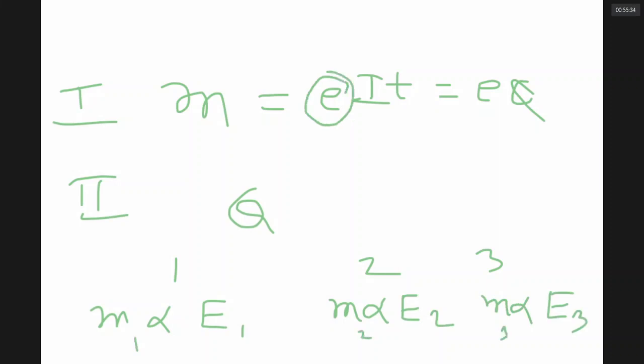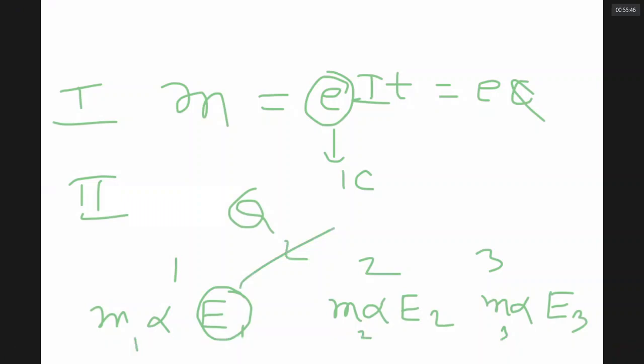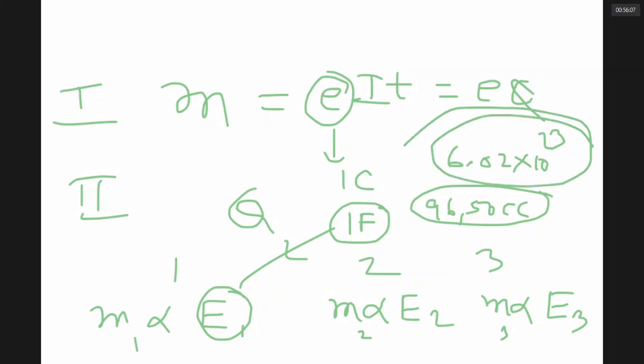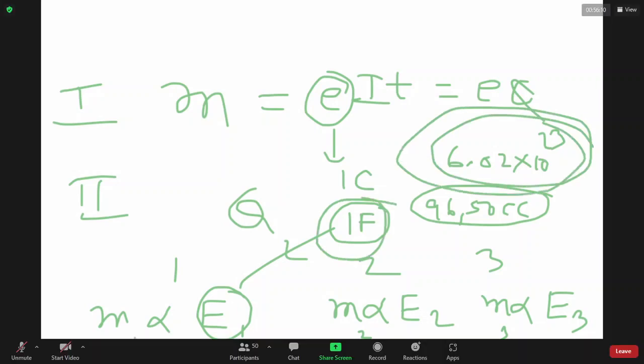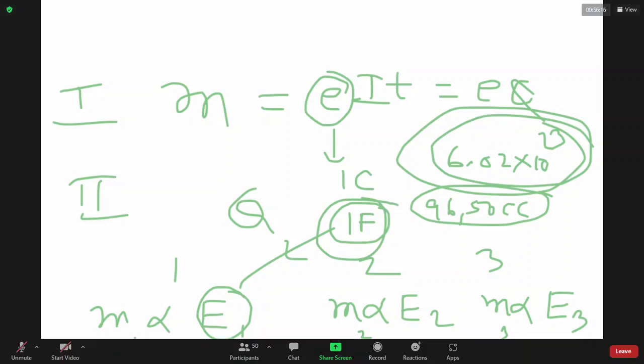Notice, the small e is electrochemical equivalent. That is the mass produced for the passage of 1 coulomb. The capital E is chemical equivalent weight. This is the mass of any substance produced for the passage of 1 Faraday charge. Actually, the Faraday is a unit given to 96,500 coulombs, or roughly equal to the charge carried by Avogadro number of electrons. The unit for charge carried by Avogadro number of electrons is Faraday. Are we very clear? Therefore, in that way, Faraday is respected.